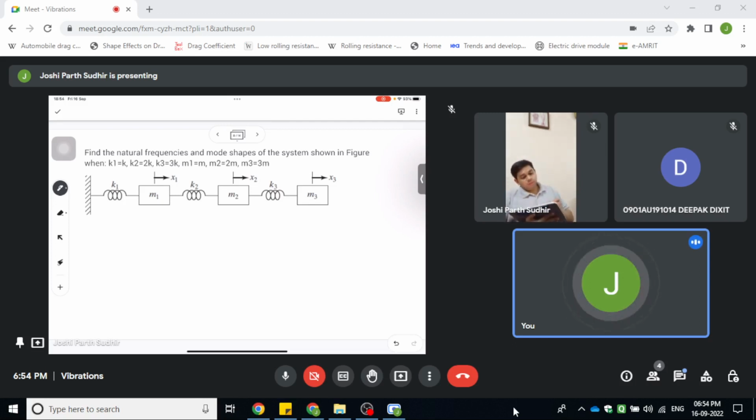So we will just start with the derivation of the equation of motion. First we have to just draw the free body diagram. So we will have the spring force K1 X1 acting over here on, so let us say this is the free body diagram for the mass M1, and here we have K2 into X2 minus X1, and here on this mass